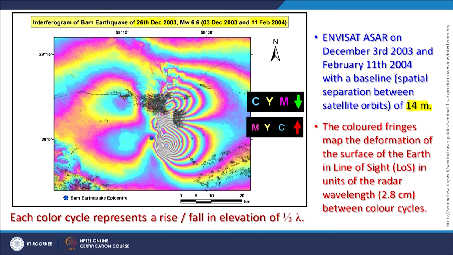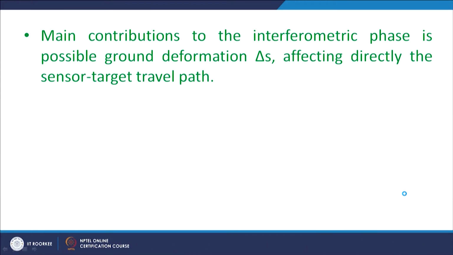Now these colored fringes, as you are seeing, are basically representing the ground deformation in the line of sight. In the units, as also discussed, the C band was used, so it has the 5.6 centimeter wavelength. One fringe will represent half the wavelength. Why half? That we have already discussed in previous discussions. The number of fringes are counted and then multiplied by half the wavelength, and you get the total information about the deformation.